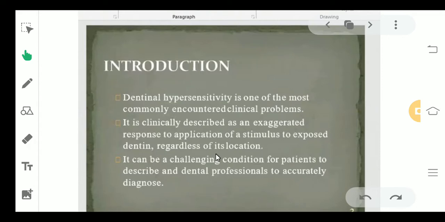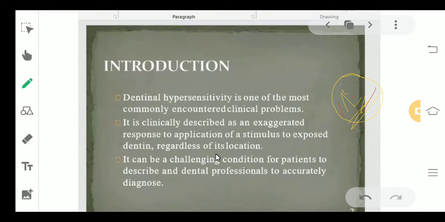Now what happens is, in normal conditions, this is the enamel layer, and below the enamel layer we have our dentine layer. Because of certain factors, there is loss of this enamel layer. As the enamel layer is lost, there is going to be exposed dentine. For example, this enamel layer is being removed from here, and your dentine region is exposed. This exposed dentine is very sensitive, okay? A simple stimulus which is very hot or very cold can make this dentine undergo hypersensitivity pain.